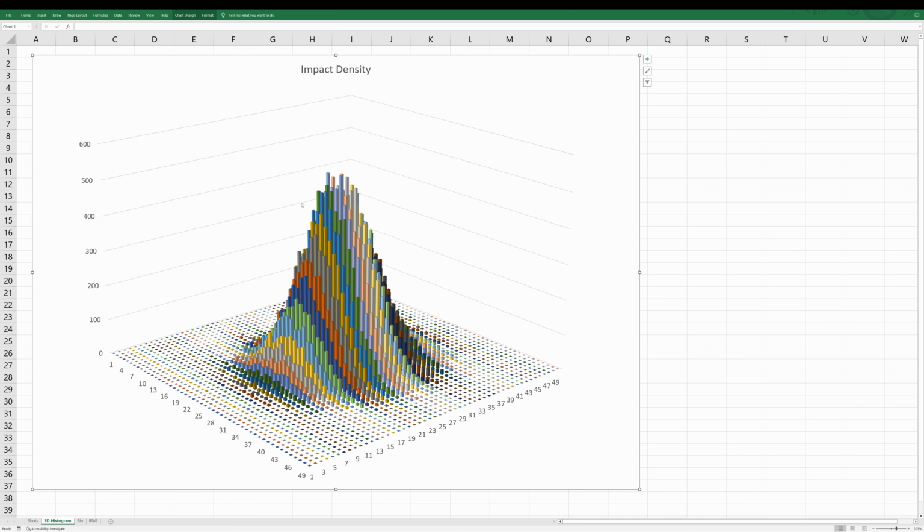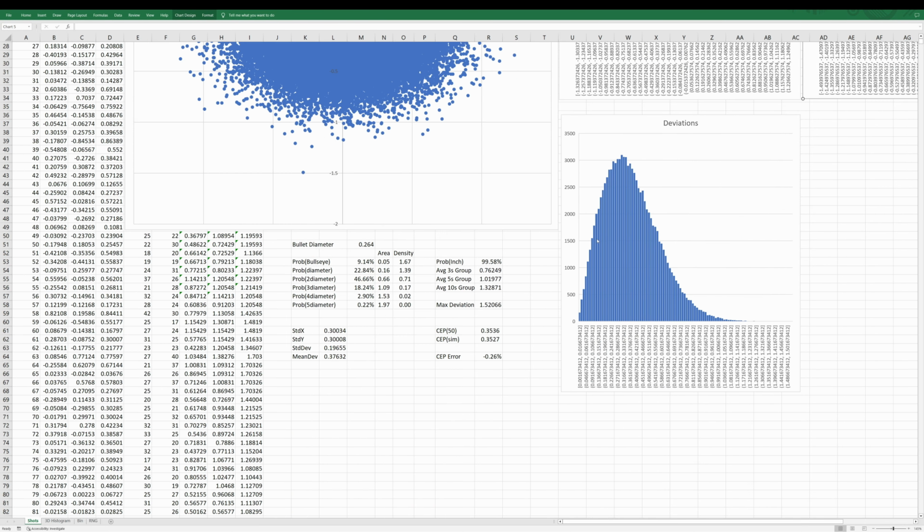And sure enough, it looks like a bivariate normal distribution. It does not look like a donut, which is what you would get if you think that what you're going to get is some sort of rotated version of this chi distribution. That's not what happens on target. And again, I'm just trying to drive the point home that I don't want people to be confused by what they think they should see, because one thing that he does in his video is he goes and he shoots